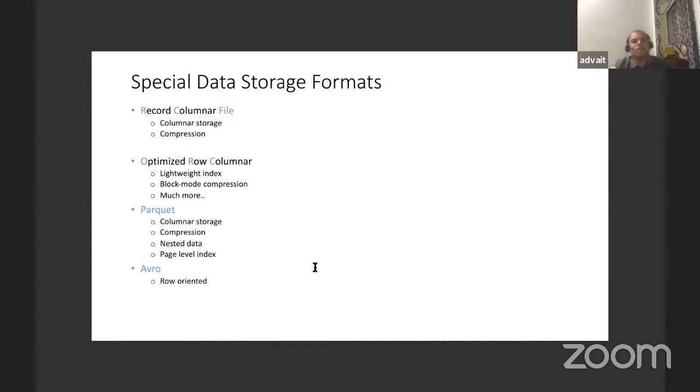One is record columnar file, ORC, which is optimized row columnar, Parquet, and Avro. So whatever system or software you use, let it be HBase or Cassandra, they have to utilize these formats.